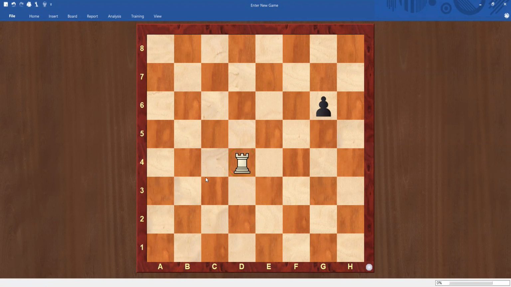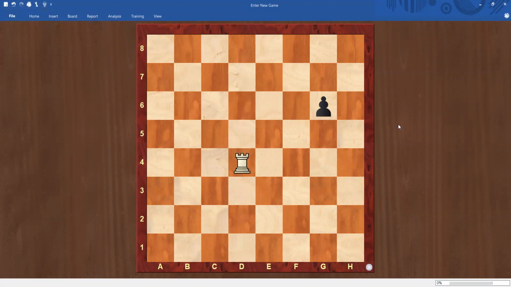So we have a rook here. Let's see how the rook moves. The rook moves in straight lines. The rook is also known as the elephant, right? It's very difficult for an elephant to turn zigzag or go diagonally, so it can only move in straight lines. The rook will move in standing lines and sleeping lines.